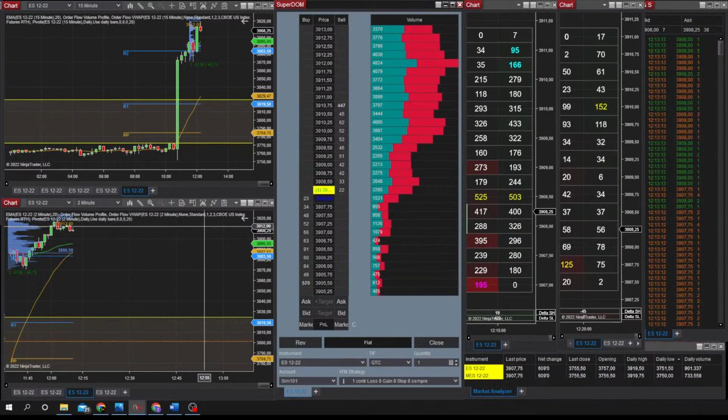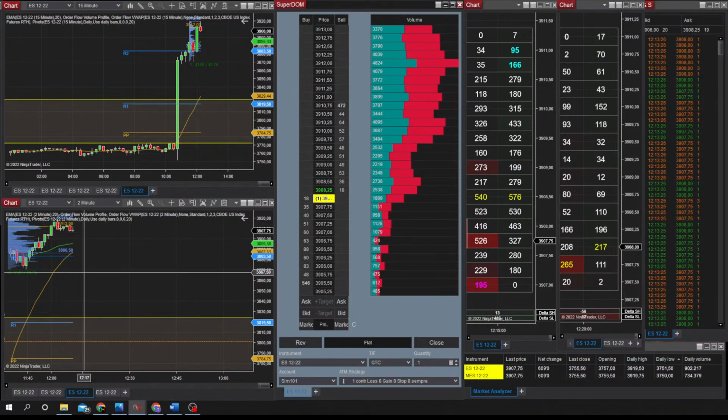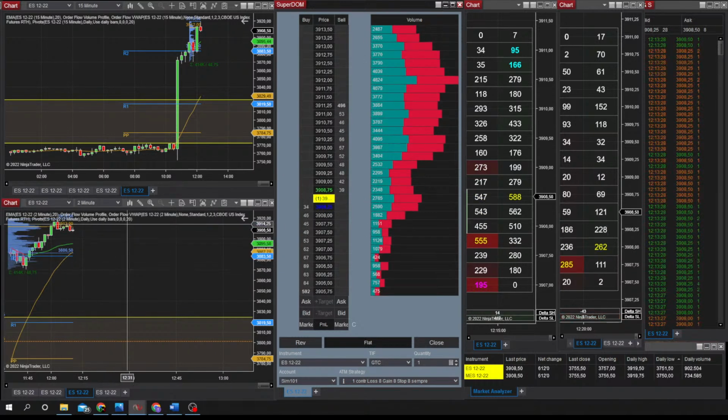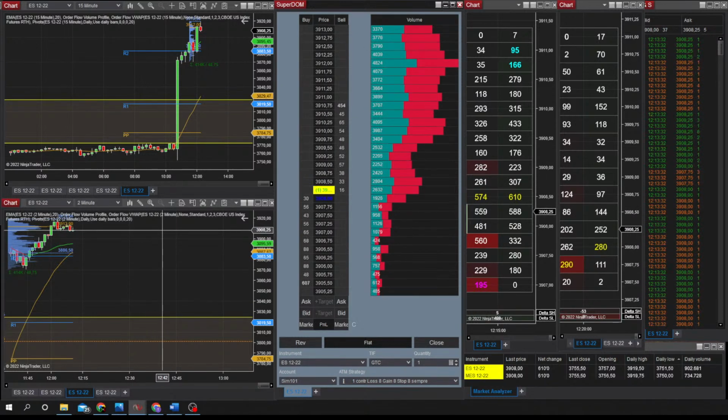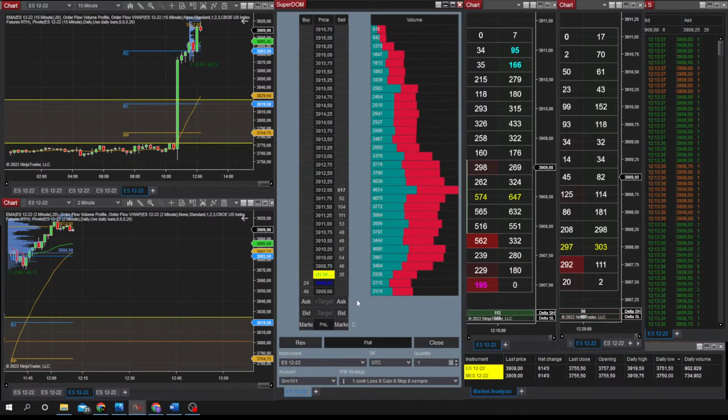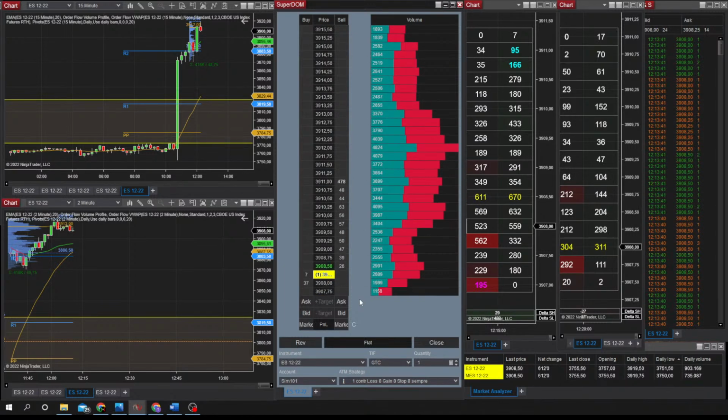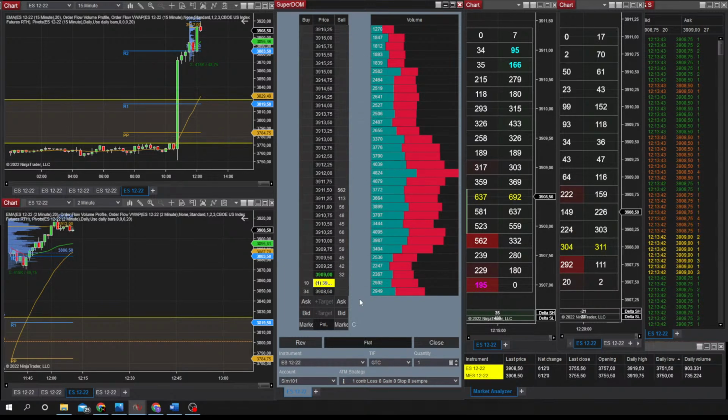I really like to observe these point of control regions because it's basically the highest volume of the day, so it's hard to pass through both up and down. You have a struggle around them, and many times I try to work on the limits and make quick trades of 2 or 3 points depending on the condition.